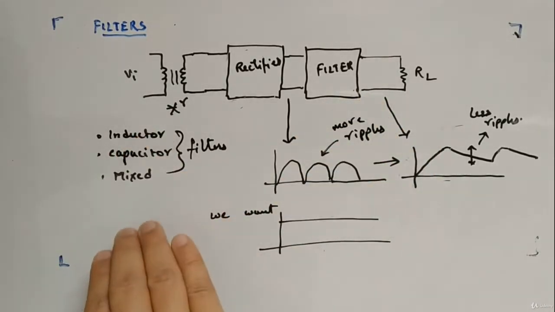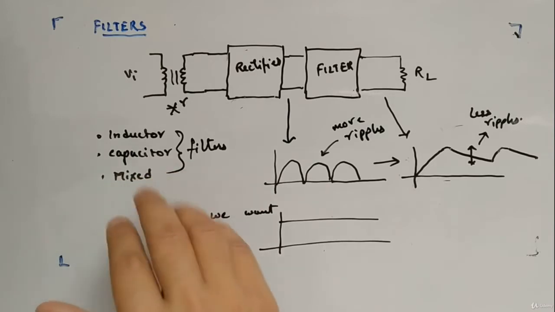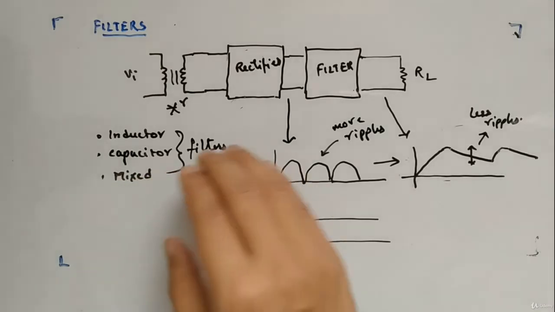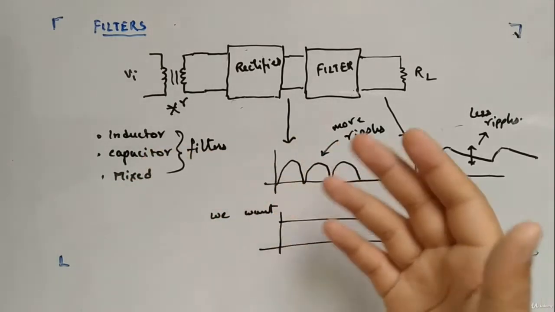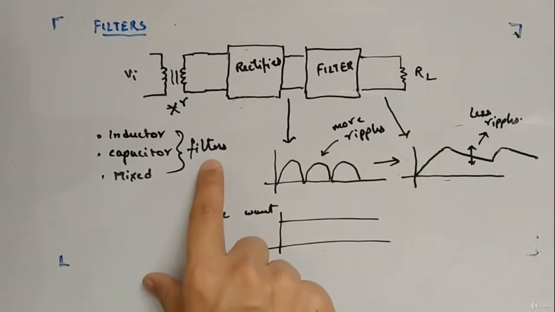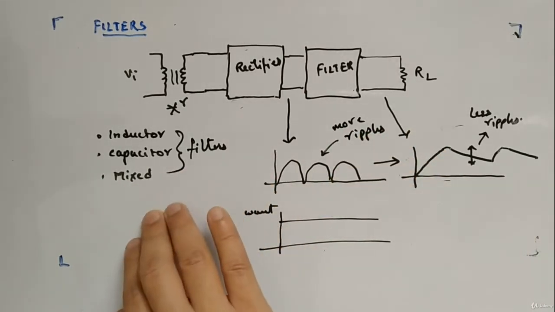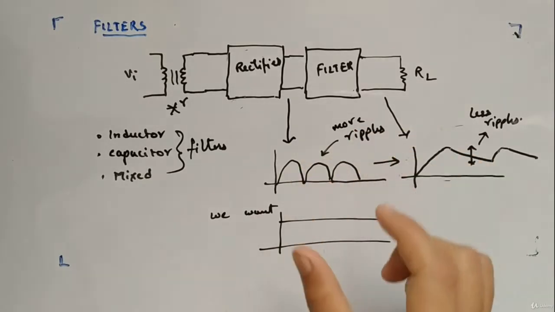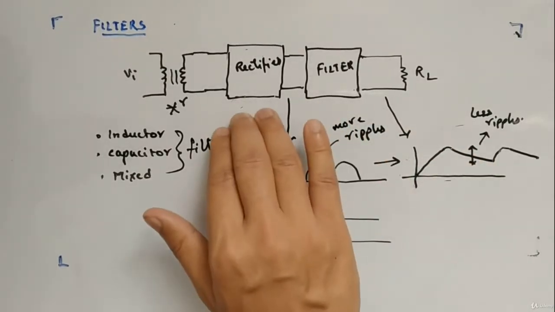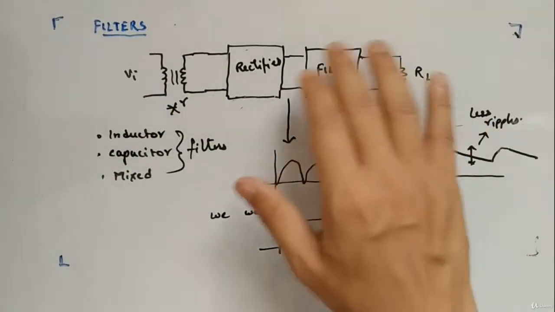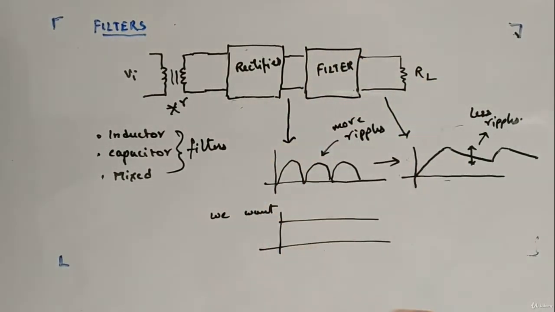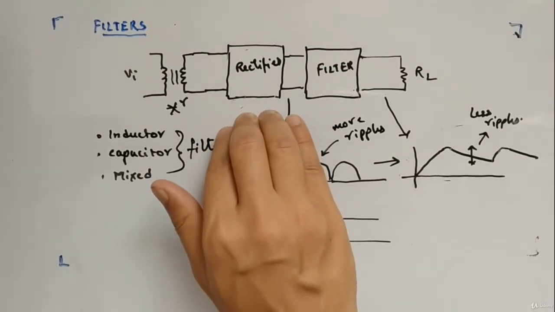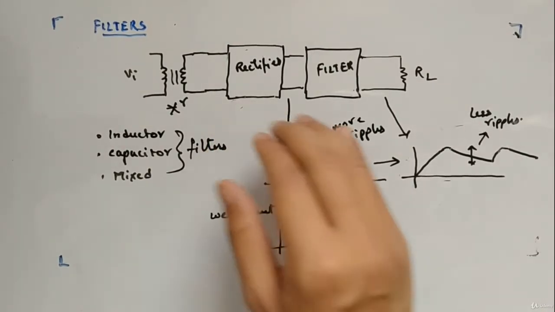And we will see different types of filters like inductor, capacitor, or mixed filters. Mixed means it will be mixed with resistance, capacitance, inductance. So that kind of different filters we will see. I just wanted to put the role of filters, what it will do, and where it will be placed. So you can see we have seen this part, and the load, this guy we have not seen, which we will be seeing now. So better be thorough with this rectifier, because I will be using these signals.